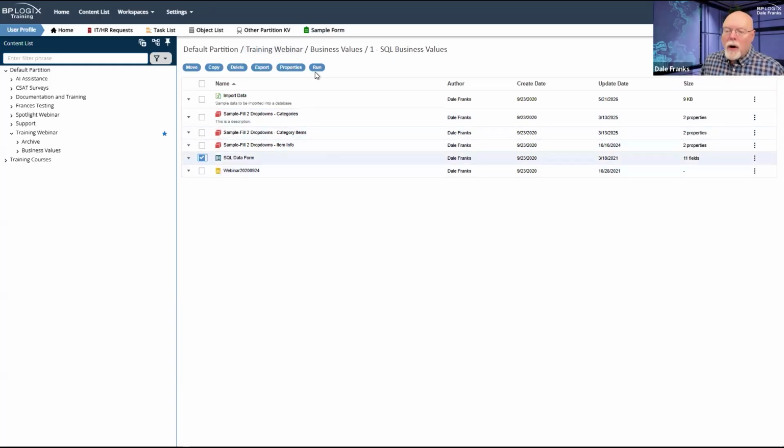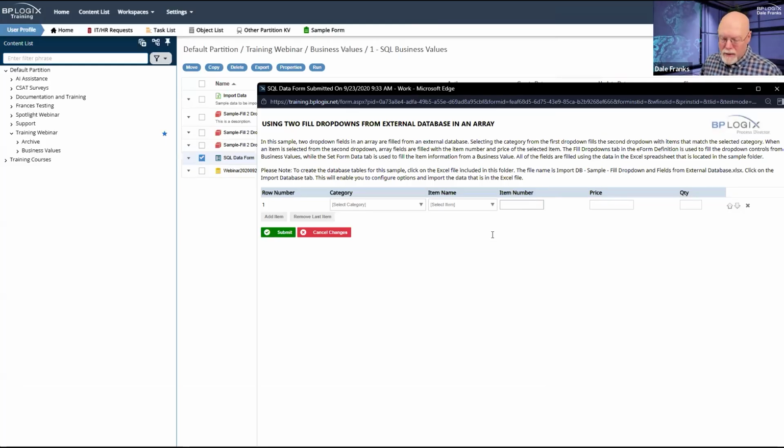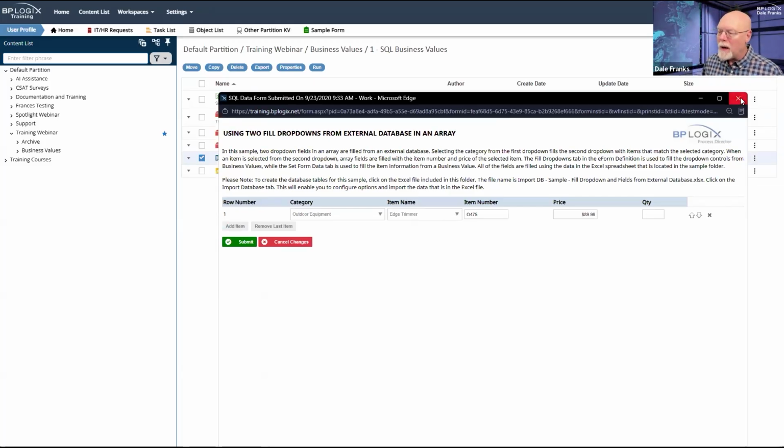So when we look at our form, I probably should have kept that open. We're doing a couple of things. We have this drop down here that is showing me my categories. So if I pick, we'll pick outdoor equipment this time, I have a second drop down that shows me the names, so I can pick those names. And when I pick a name for an item in the drop down, I get these two fields filled automatically. So I'm doing two things with my data sources. Let's take a look at what I am doing with them.